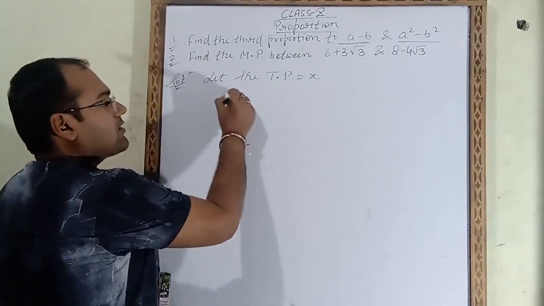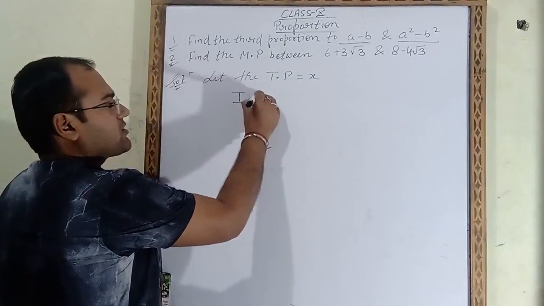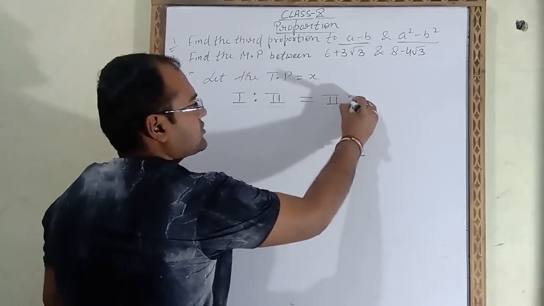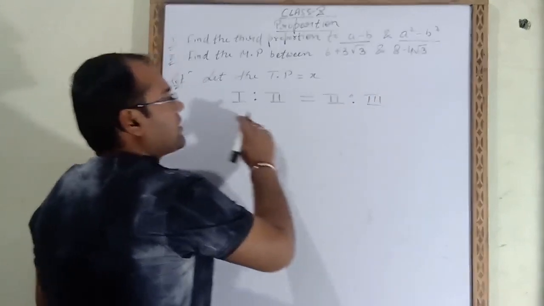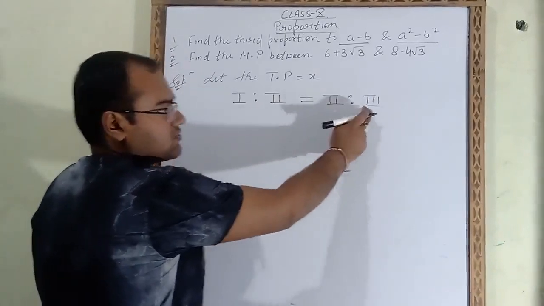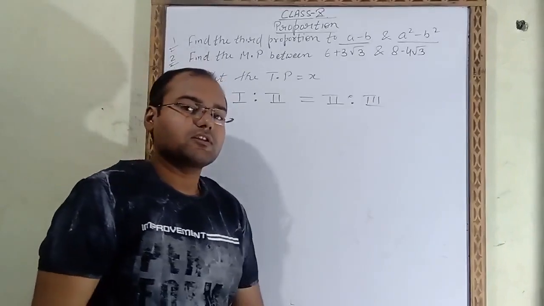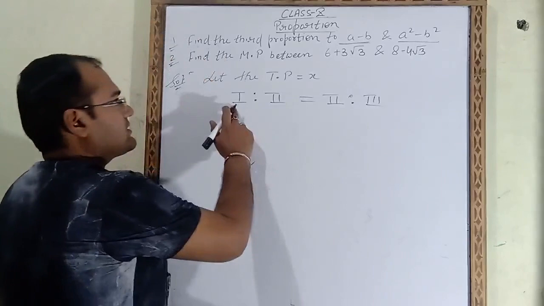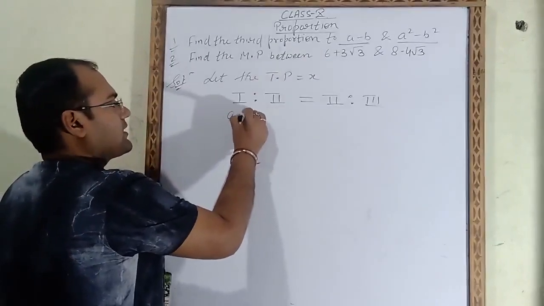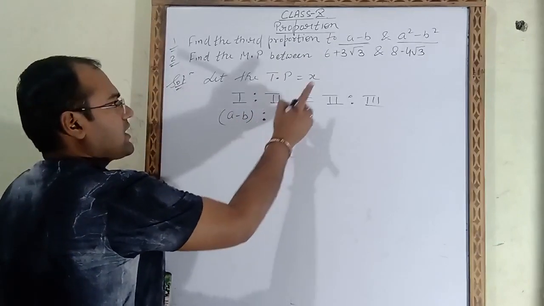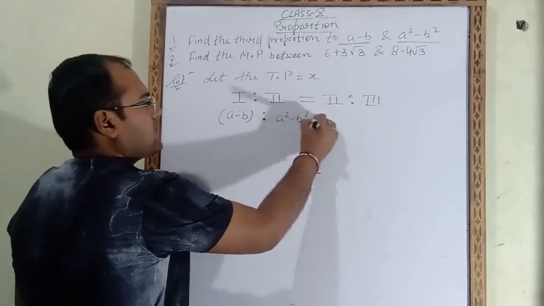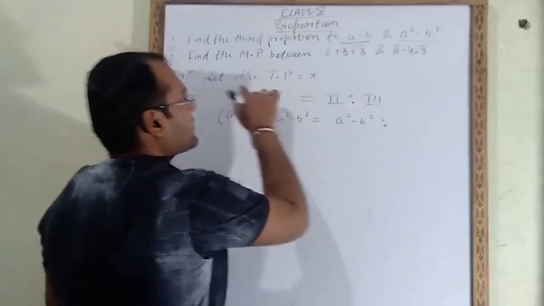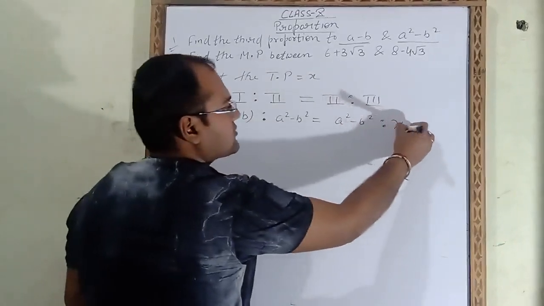Now the formula for third proportion is: first number ratio second number should be equal to second ratio third. A is to B is equal to B is to C. This is the formula for third proportion, or we can call it continued proportion. First one is A minus B ratio. Second one is A square minus B square ratio third. Third proportion we had assumed X. So we will put here